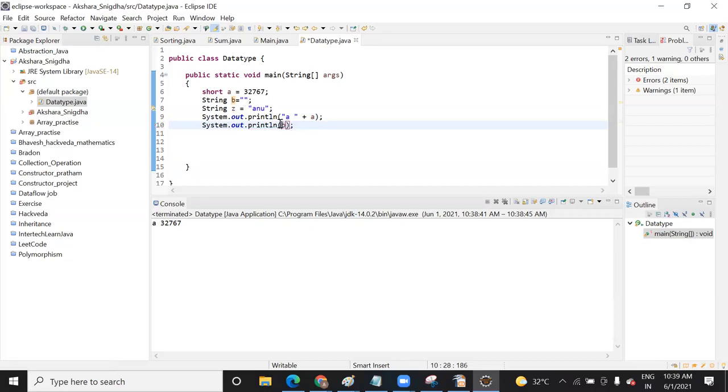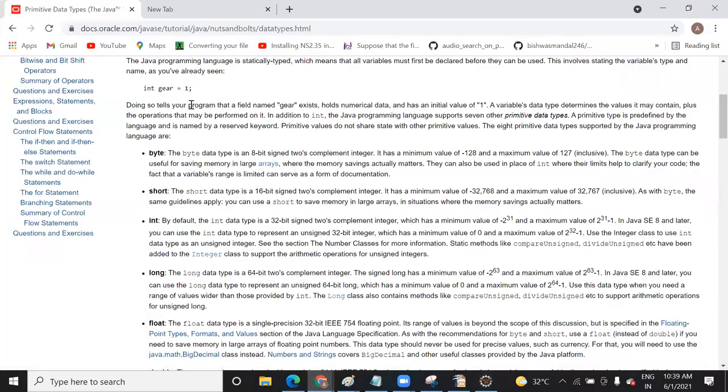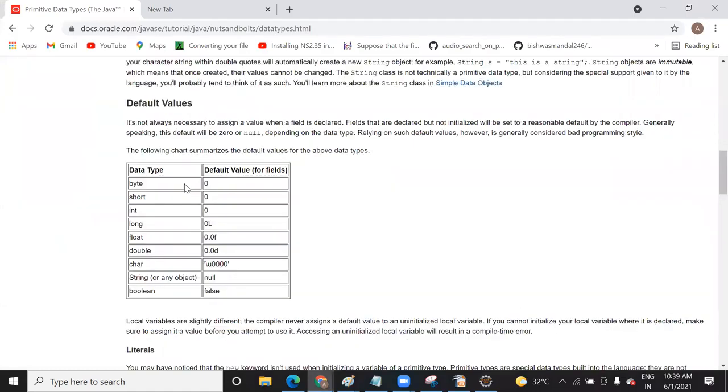So it's null, but as per the data type here, the default value should print null. I think when we access it inside an object, when we create a class and object and use it there, at that time it will print null when we do not initialize a value.